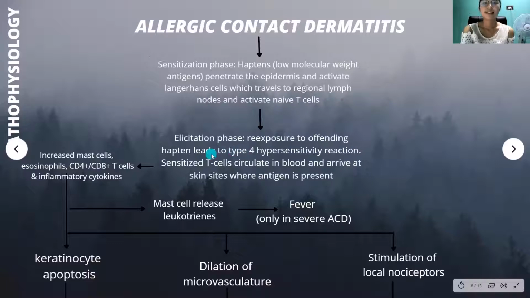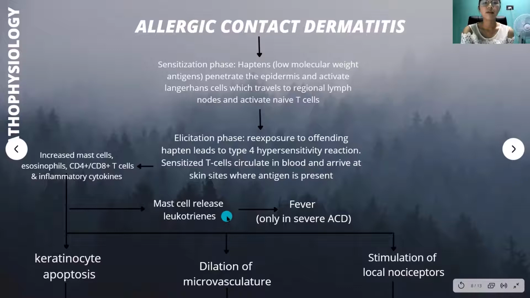The second phase is the elicitation phase. The re-exposure to offending haptens leads to a type 4 hypersensitivity reaction. The sensitized T cells circulate in blood and arrive at the skin site where the antigen is present. This leads to increased mast cells, eosinophils, CD4+ and CD8+ T cells, and inflammatory cytokines. The mast cells release leukotrienes. Leukotrienes cause the